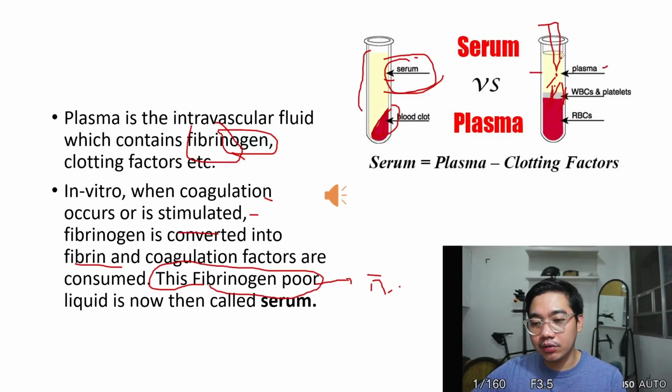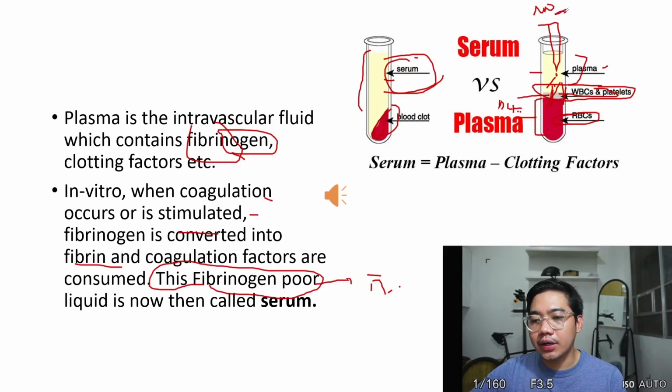So the plasma itself, the fluid itself, the yellow, and then there's also WBCs and platelets, no? It is your buffy coat. The white part is your buffy coat, no? That's where your WBCs and platelets are. And here is your RBCs, no? This is your hematocrit, no? If you centrifuge non-coagulated blood, no? So you have